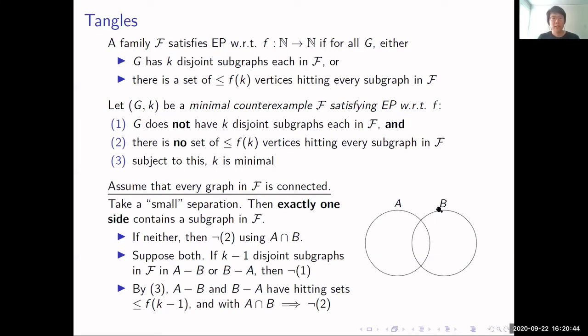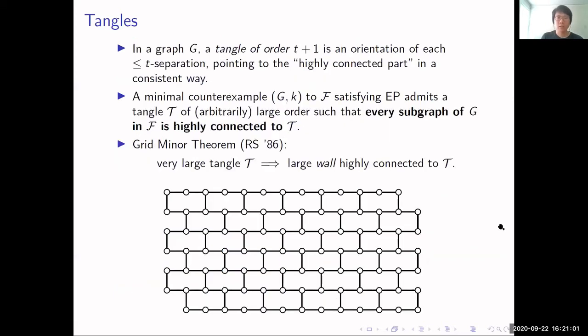So what this tells us is that if you give me any small separation, all the subgraphs in F are mostly contained in only one side of the small separation. It points to sort of the relevant part of the graph. And this is exactly what's called a tangle in this graph minors theory of Robertson and Seymour. So if you give me a graph, a tangle,